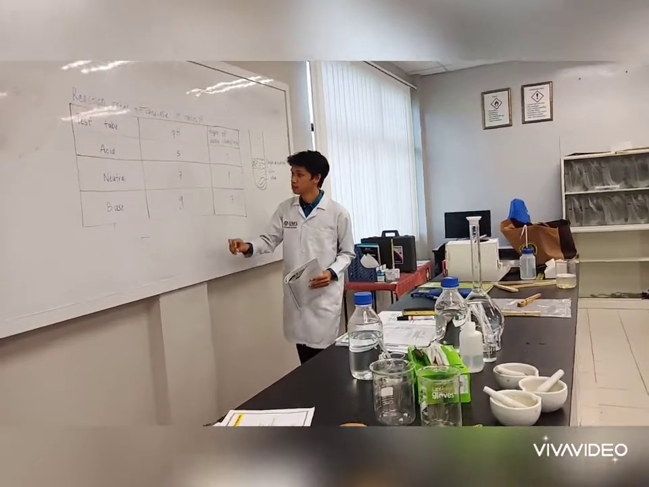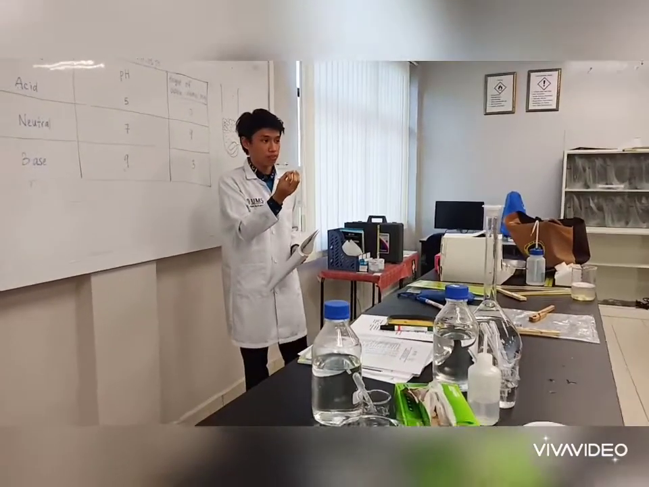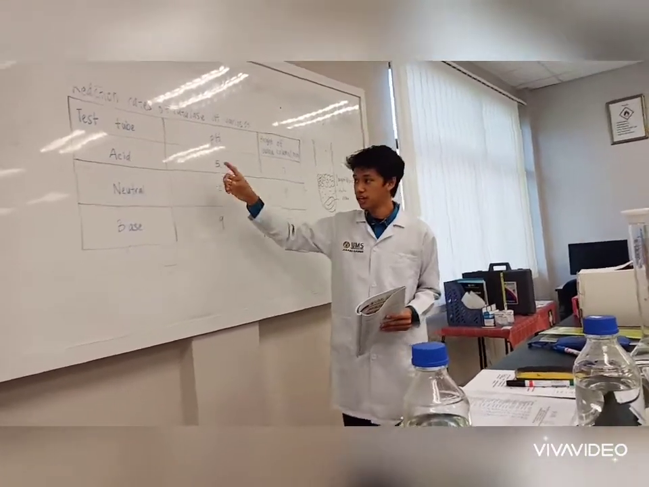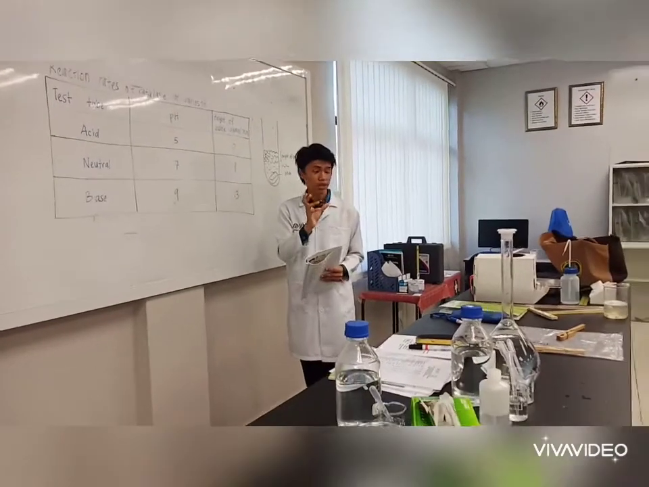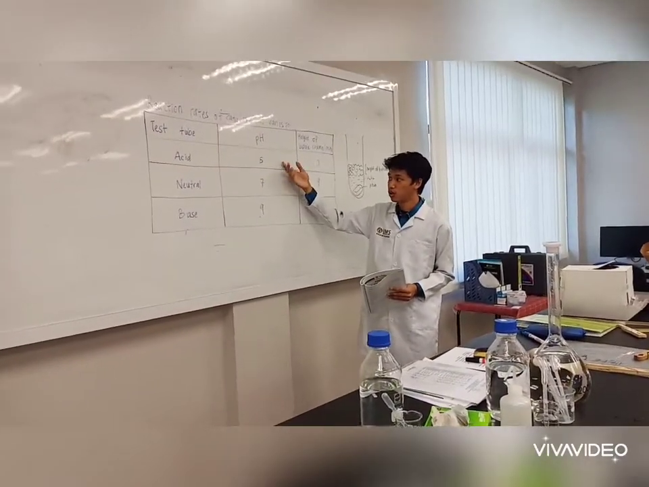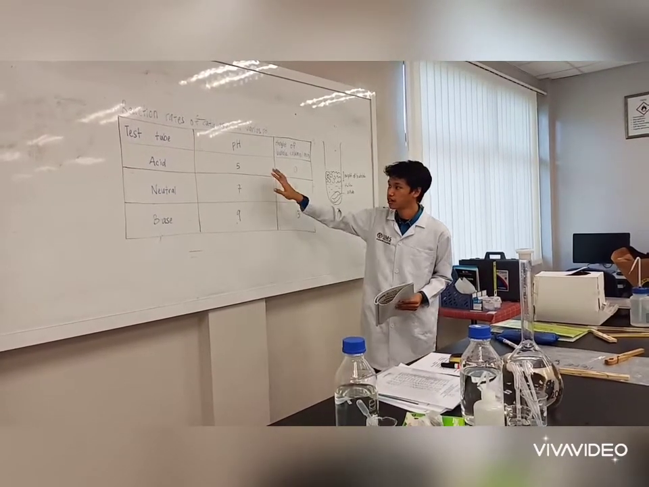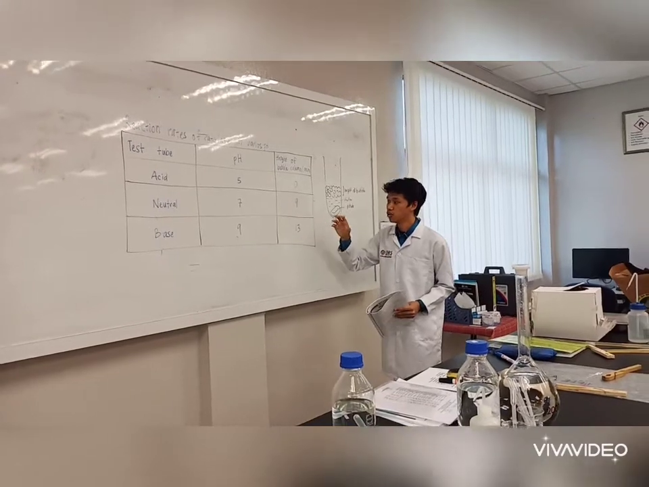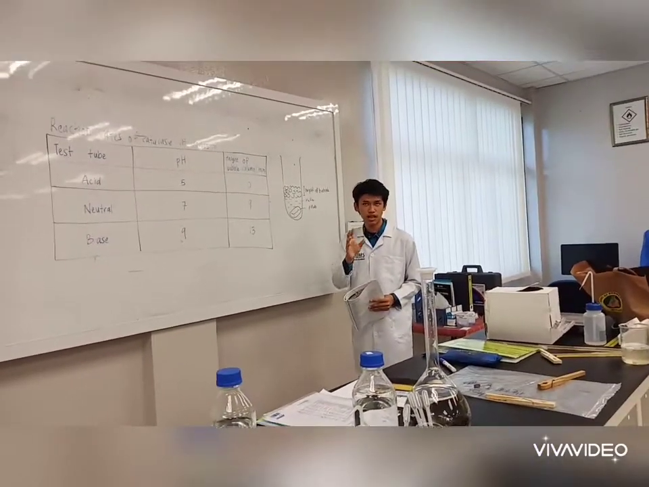So once we have placed the potato cube inside the test tube and placed all these solutions, the acid, neutral, and base solutions, we will use the pH paper to test the pH. So we obtained 5, 7, and 9. So it's correct. That is acid 5, neutral 7, and base 9. So then we will leave the test tube for 5 minutes,